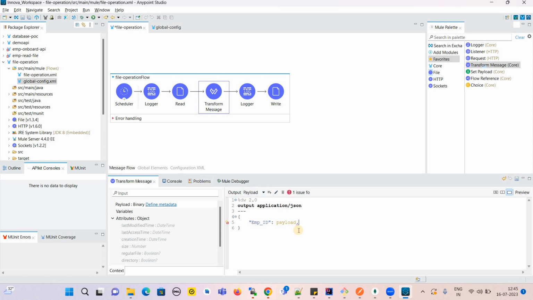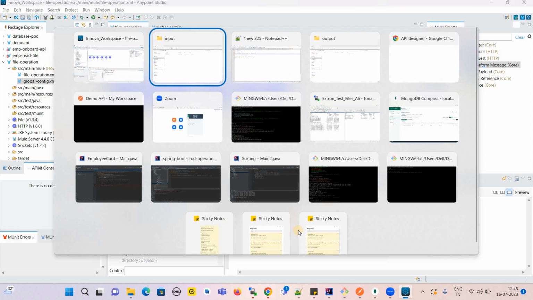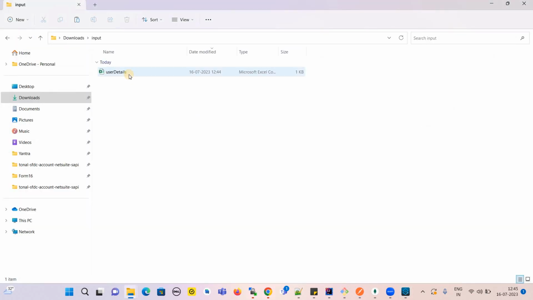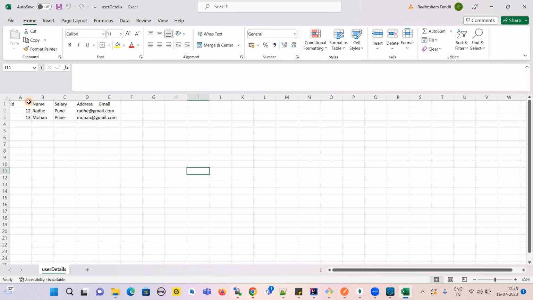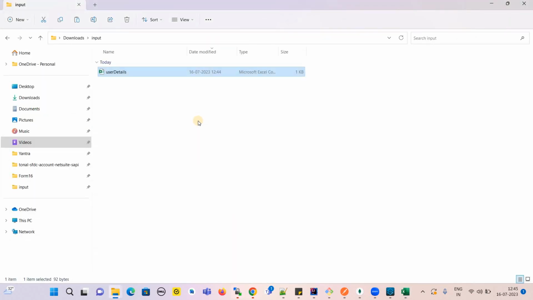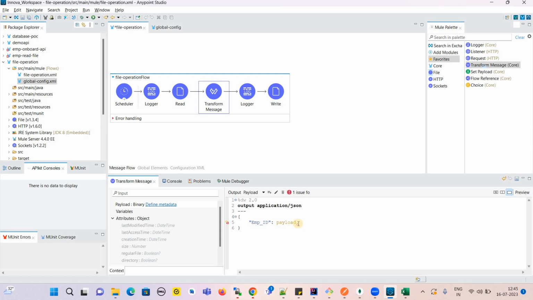And payload dot what is my employee ID? Let me open it. See, this is the CSV file, this is my ID. Okay, and payload.id I'm reading and setting it to the employee ID, comma,